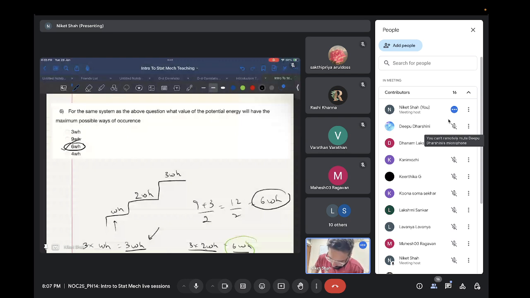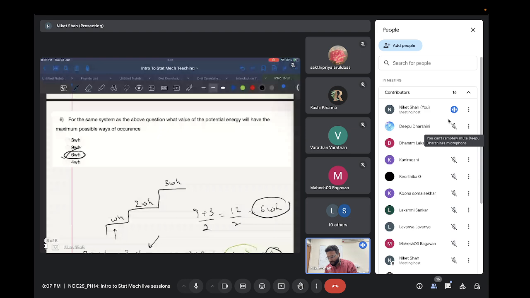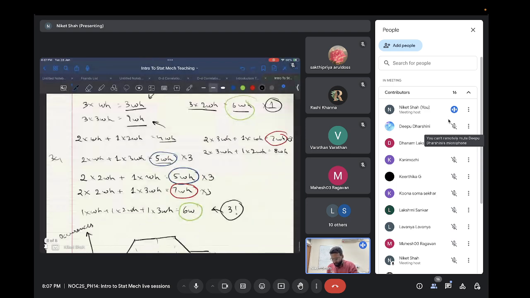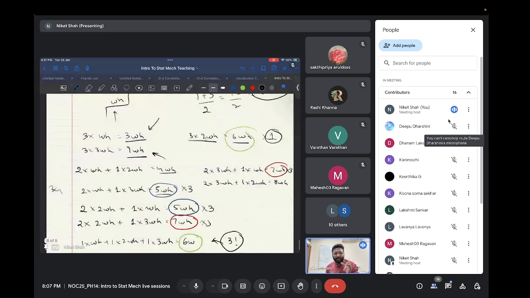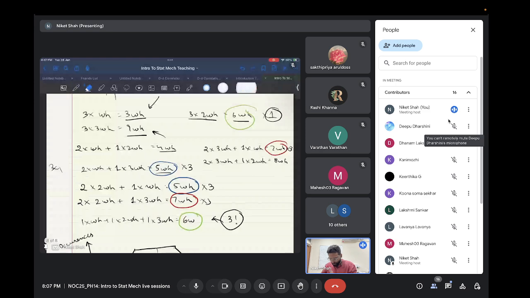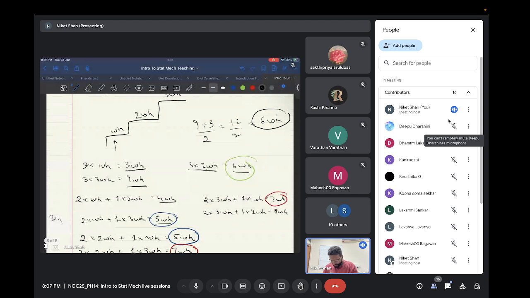This was a very weird way of explaining. Let me explain this again. What I did was, firstly, I noted all the possibilities of energy and what arrangement gives me that energy. As I previously mentioned, 3 into WH means I'm placing all three people in staircase number one. That is one possible arrangement of people. I'm placing all people in staircase number two. I'm placing all people in staircase number three. These are three different arrangements I talk about here.